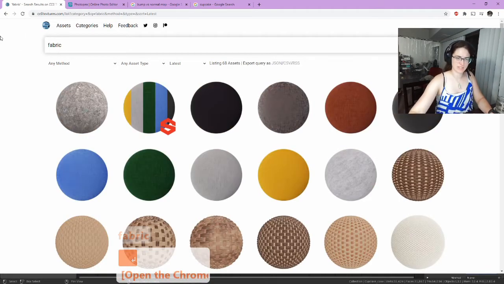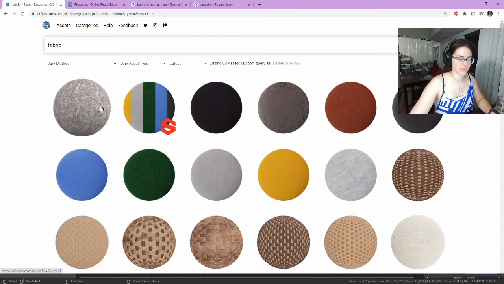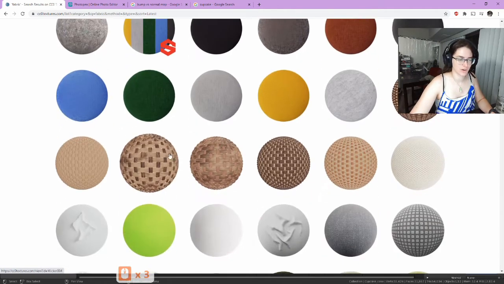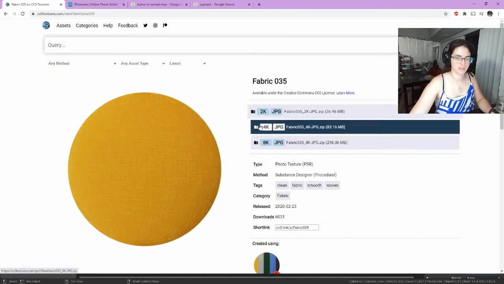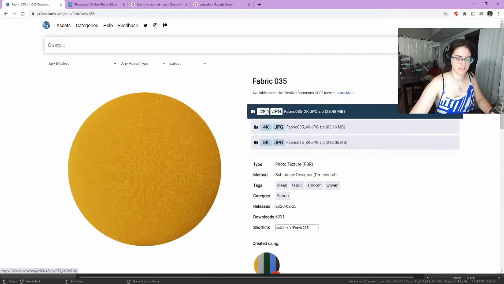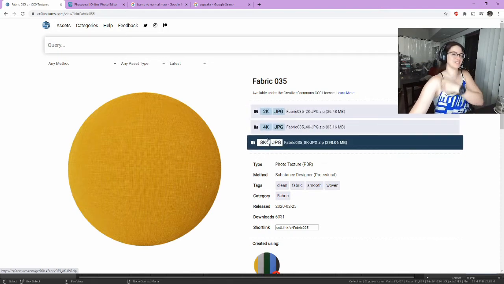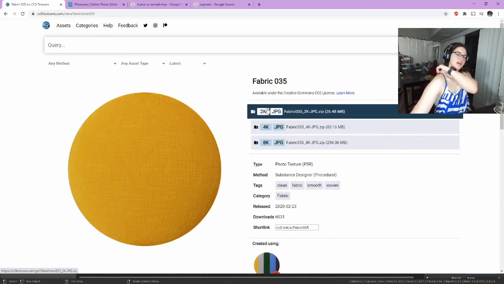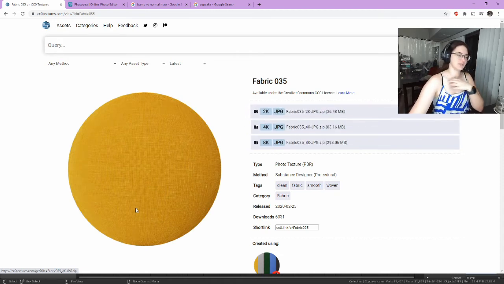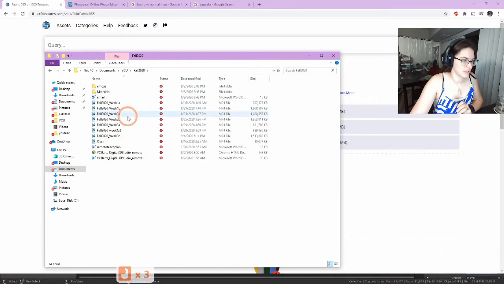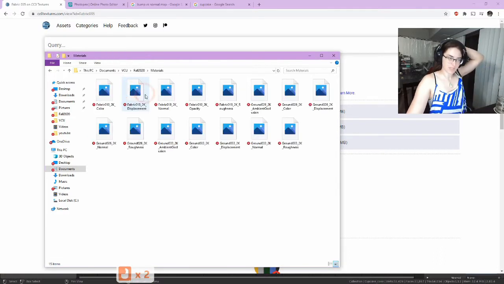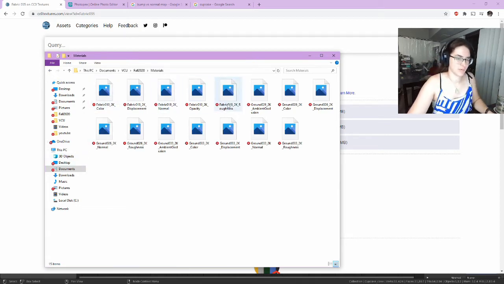When you download this, it's going to give you a folder. I would recommend downloading just the 2K version. This is how much resolution each one has, and I don't foresee any of us needing 4K resolution for these. So you should be fine with the 2K. It's going to give you a folder. Let's see where I put mine. In your download section, if you right click that folder, it's going to give you